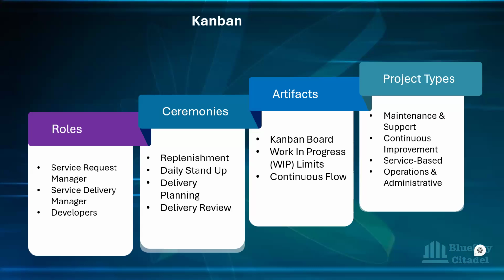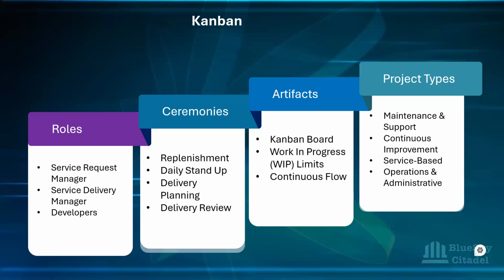So we want to look at the artifacts for Kanban. For Kanban, the first one is the board. We said it's a visual workflow. So the Kanban board goes a long way. It is an artifact, very, very important to Kanban. The Kanban board is the visual one that is divided into, depending on the team, but the basic one is 3 columns: to do, in progress, and done, depending on the project and how the